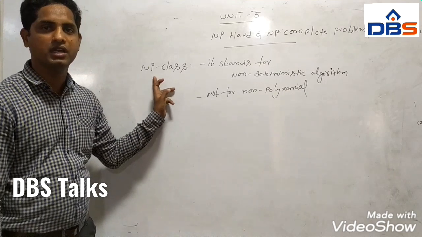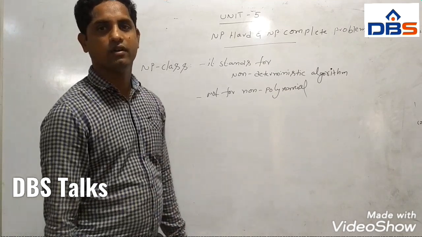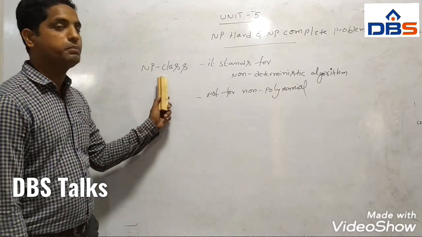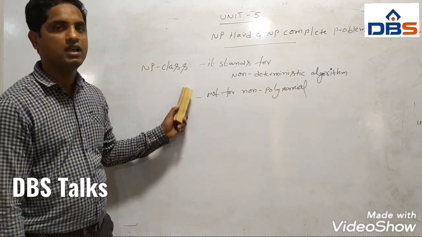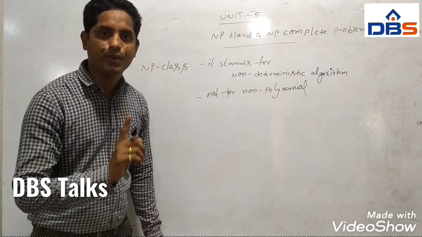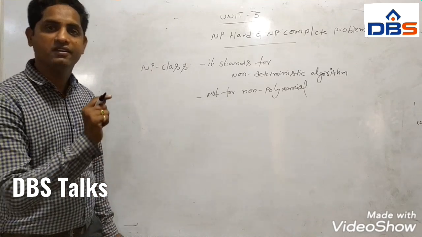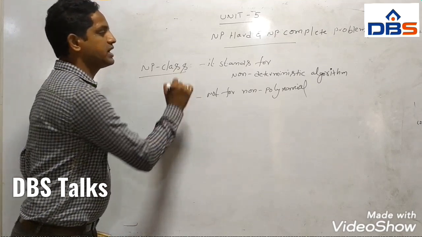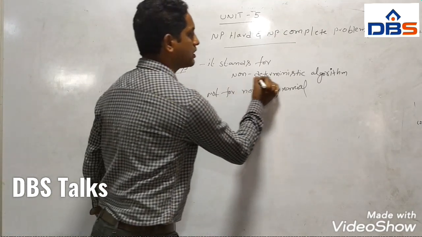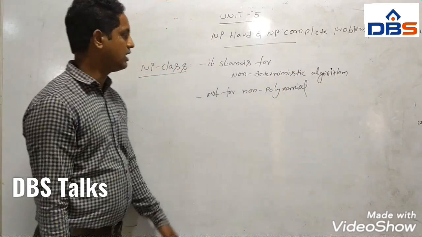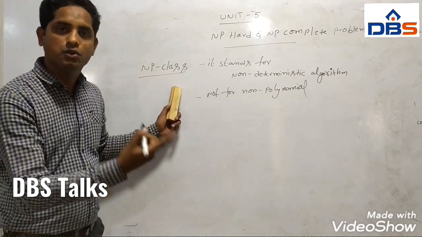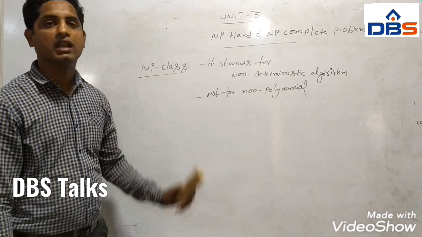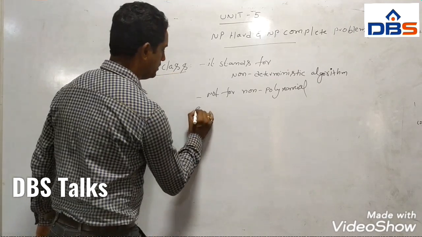So what is meant by NP class? If the problem can be solved by using a non-deterministic algorithm, that is called an NP class problem. And also we can say the problem cannot be solved by polynomial time, but a solution can be verified in polynomial time, that is also NP class. That is using a non-deterministic algorithm. Okay. So for example,